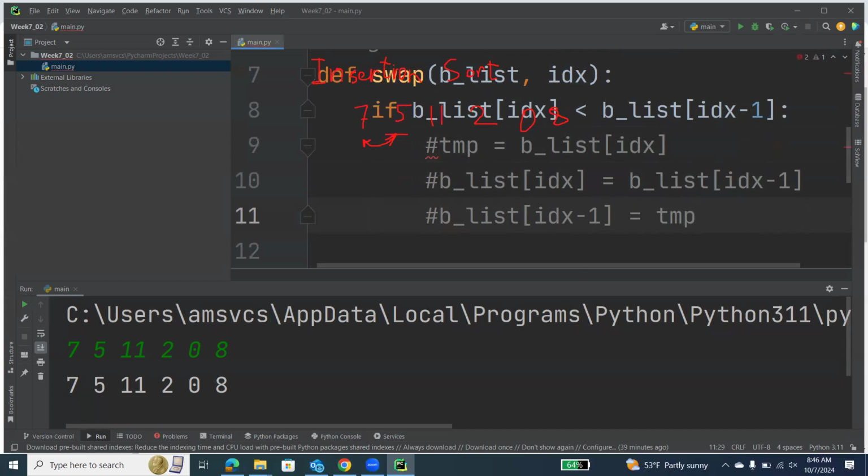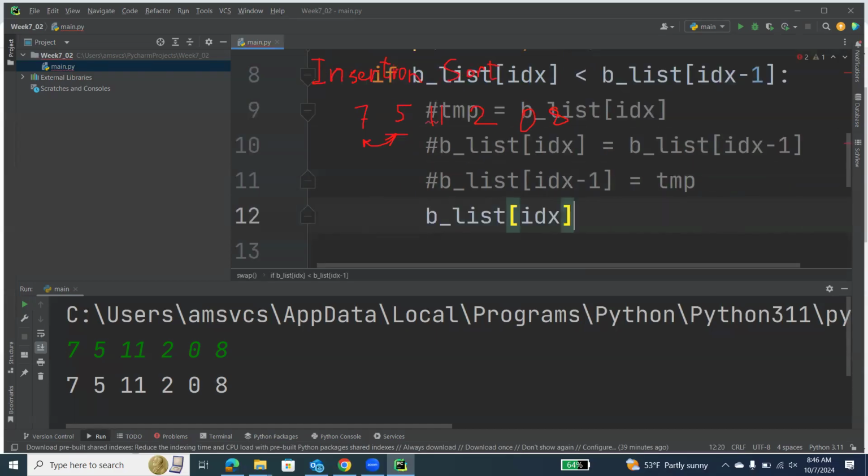But in Python, we can do this in one line, like the previous element and the next element equal to